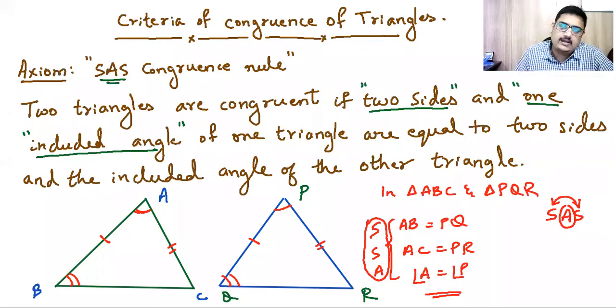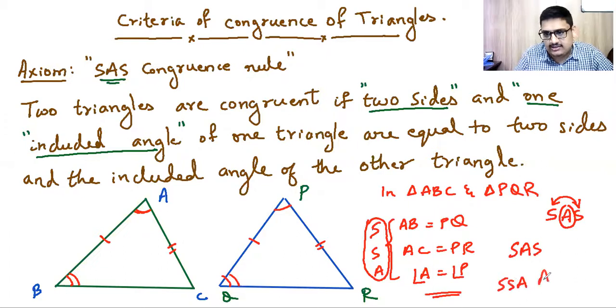See, we have to find the sides, then we can say angles are equal. If sides are equal, it doesn't mean angles should be equal. Remember this. It doesn't mean if sides are equal, the included angles are also equal. Need not be. That is not the case. So SAS holds good, but at the same time, SSA and ASS, these two rules will not hold good. Remember, only SAS will come into picture. Side, angle, side. SSA and ASS will not be considered under congruency rule.